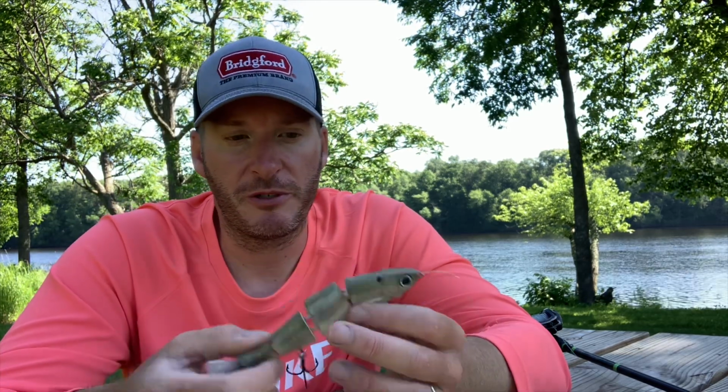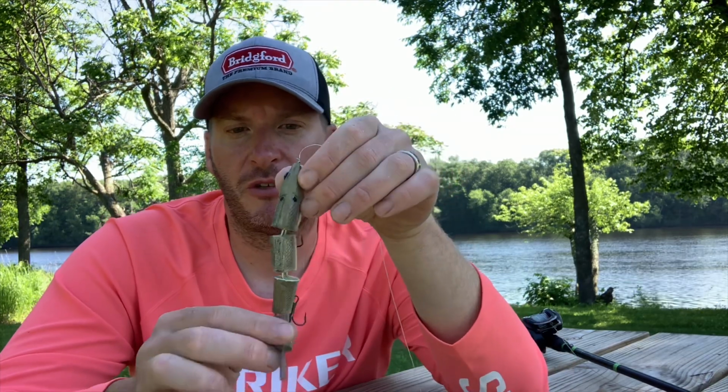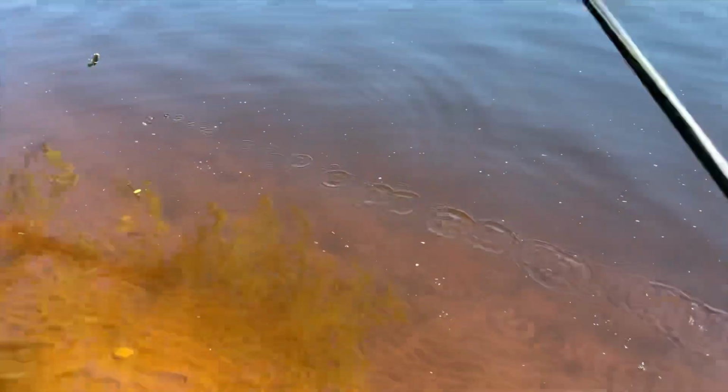The Herring is a really good bait if you're trying to mimic more of the blueback herring or smelt or alewife, something that's not necessarily a gizzard shad or threadfin shad. It's a really good perch bait as well. So the key though was he was tightening the joints up on this. When you swim this bait, I'll show you in the water right here. All right, here is the Bull Herring